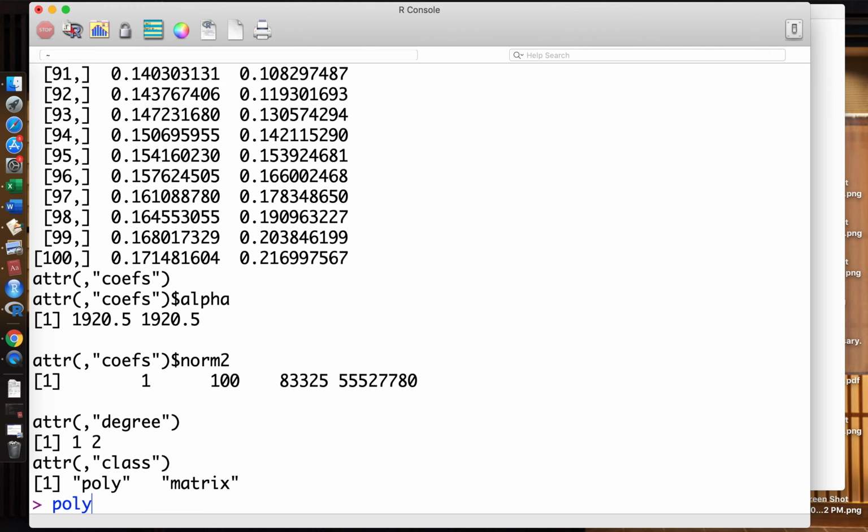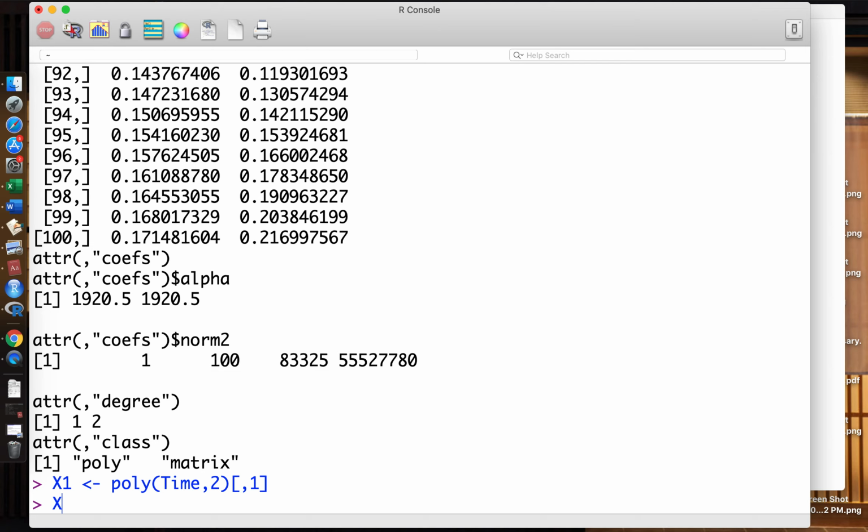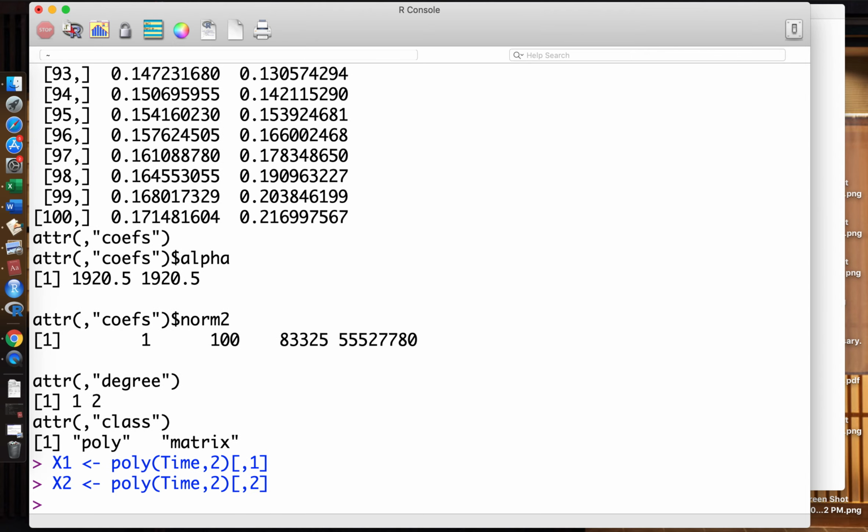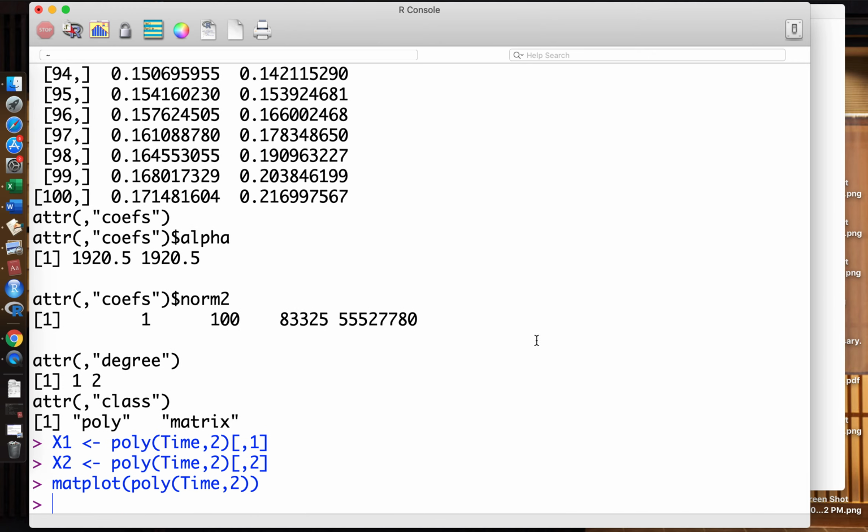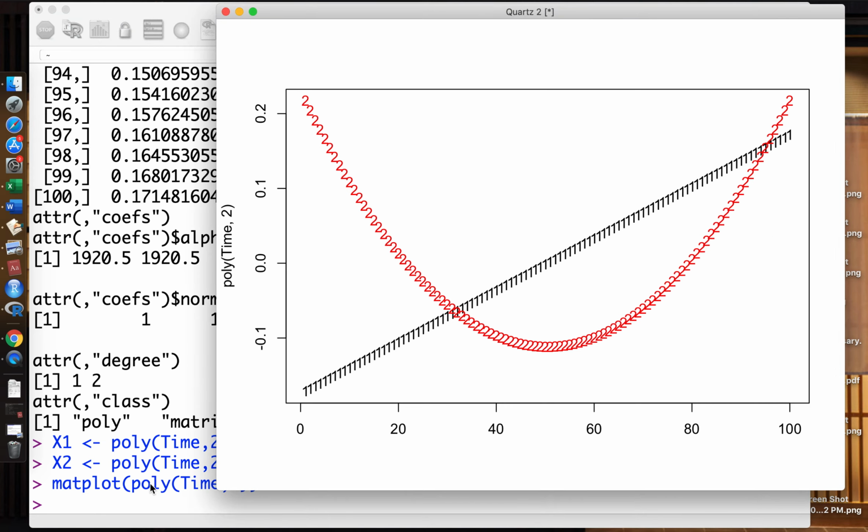So we define the first variable as x1 and the second variable as x2. Then you can make the matrix plot of this. Then the graph is here. So maybe we can add